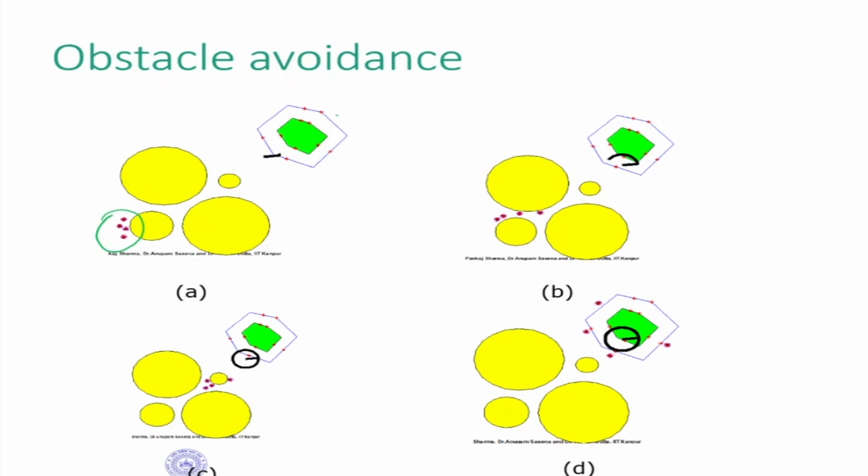So this is a moving object. You can see obstacle avoidance and capture of an object. These are obstacles, and this is the object it wants to capture. This object is rotating along a circular trajectory. You can see the black line going around like this, and it is going around like this.